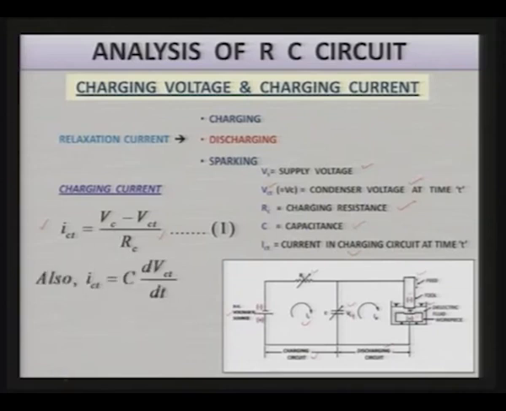Also, I c t, that is the current in the charging circuit, is given by C dV c t over dt, and since these two are equal, you can equate the right hand sides of both the equations. So, you get dV c t over V 0 minus V c t equal to 1 over R c C into dt, and using this particular equation,